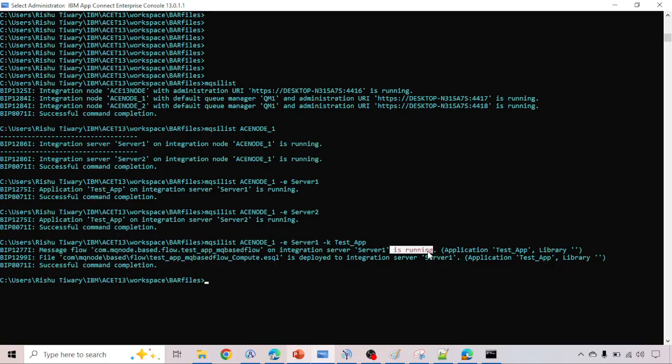Okay, we have seen how we can check the status of applications and message flows, whether running or not, with the help of the command prompt, and we can also check how many applications are running with this command. Further, suppose I want to stop this application and start this application, how can we do that? To stop this application, we have a similar command to what we did for stopping the integration server. There is the command mqsistop